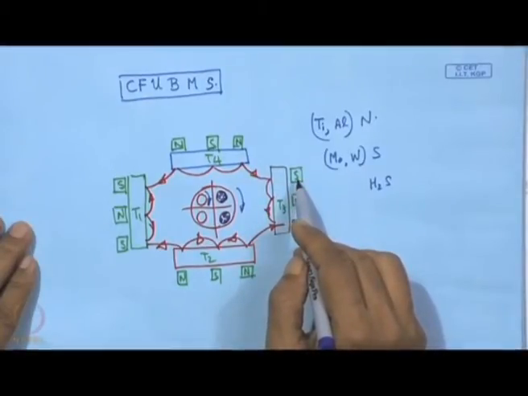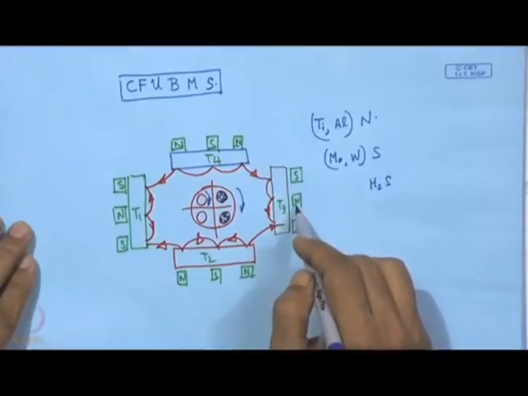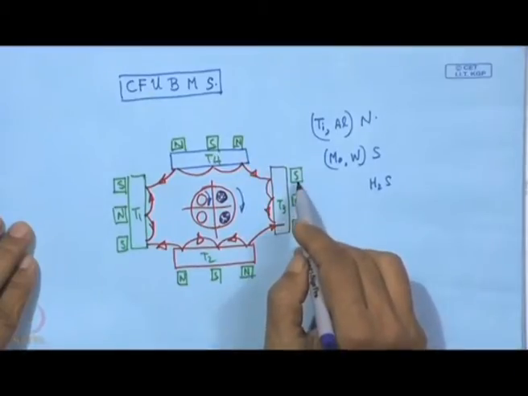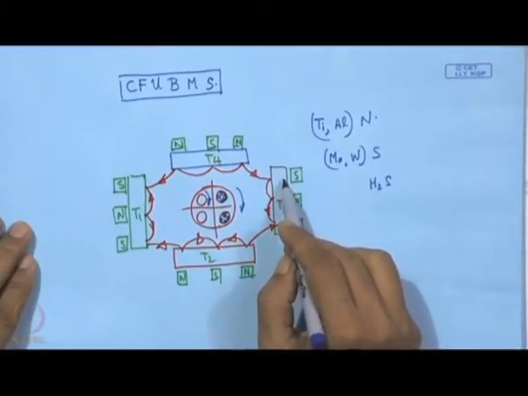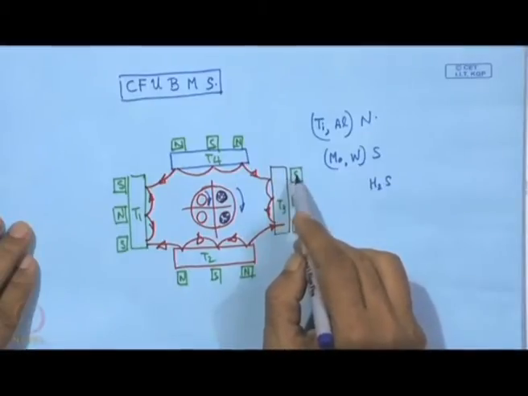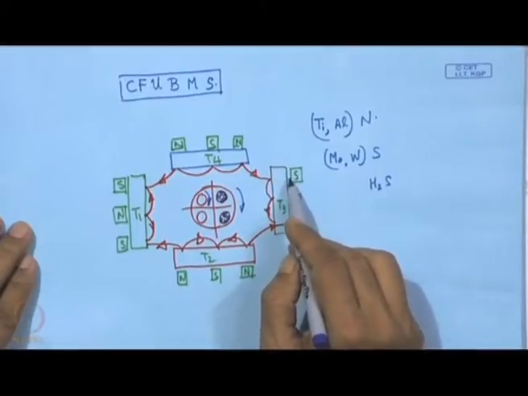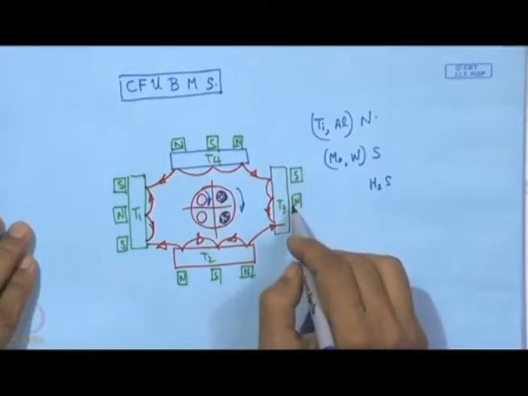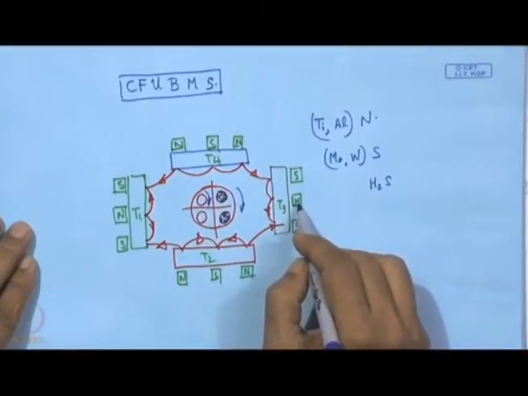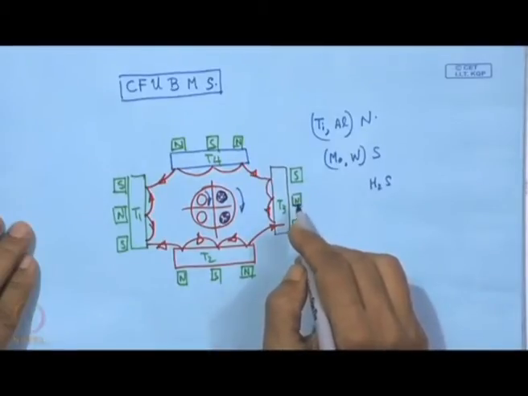Also, just by adjusting the position of the north or south pole with respect to the target surface, we can have unbalancing, and this unbalancing will determine the ion flux which may be available